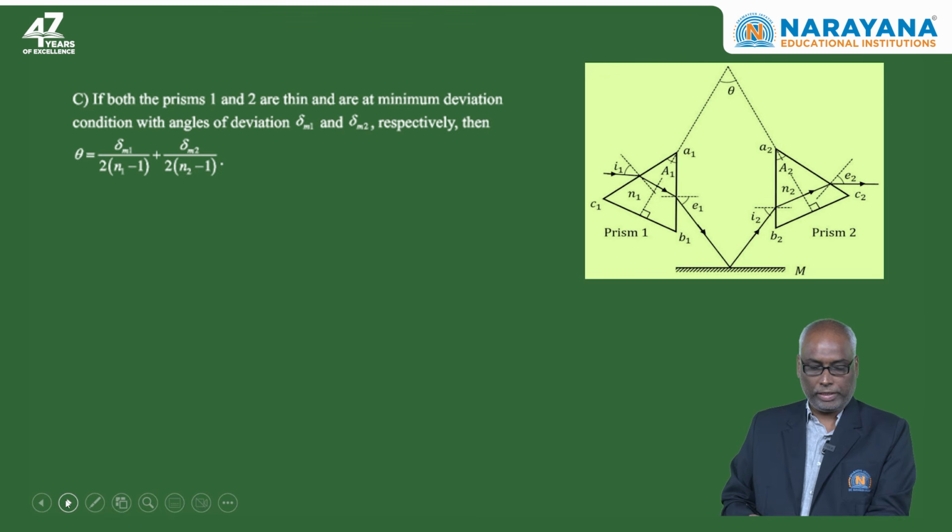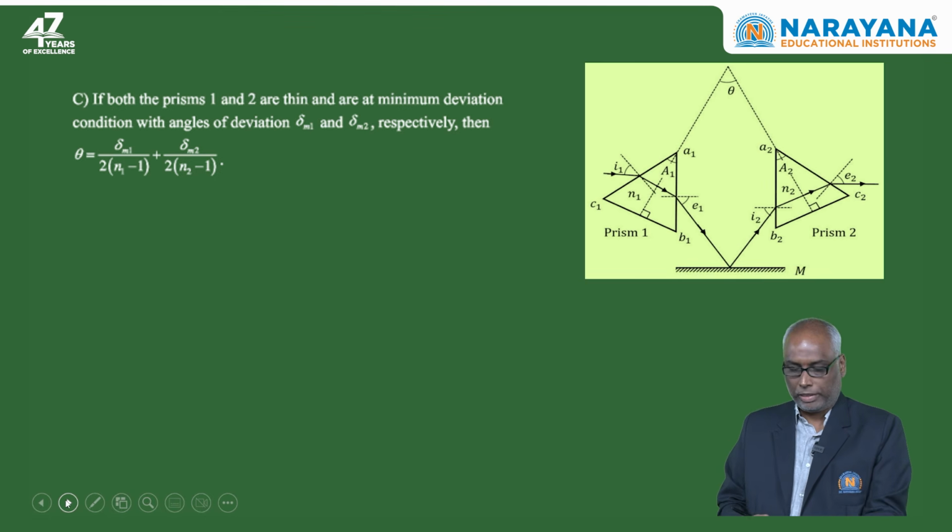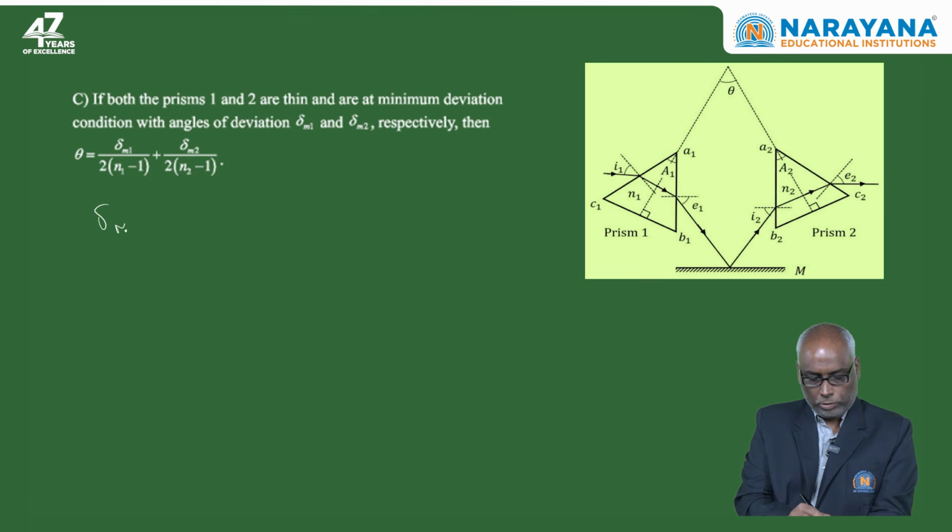If both the prisms 1 and 2 are thin and are at minimum deviation condition with angles of deviation delta M1 and delta M2 respectively, then theta equals delta M1 divided by 2 into N1 minus 1 plus delta M2 divided by 2 into N2 minus 1. So, from the diagram we can see that the relation between theta, A1 and A2 can be written as, first of all, when we consider the deviation produced by the first prism, delta M1 will be equal to N1 minus 1 into the angle of the prism A1. So, from this equation I can say,